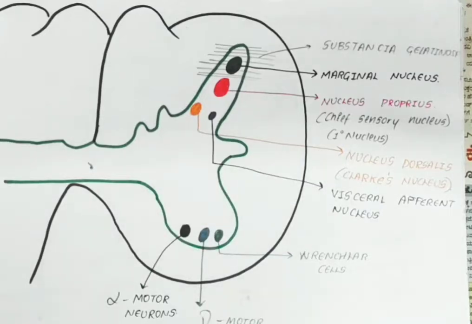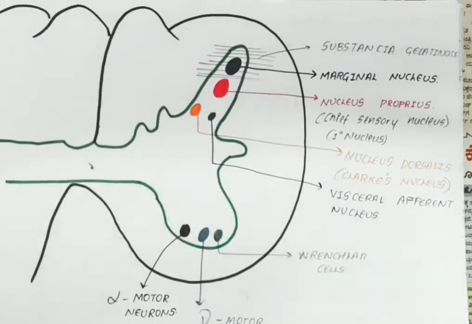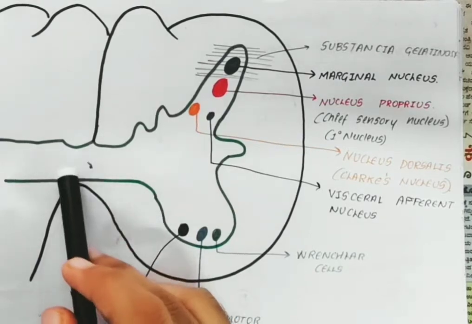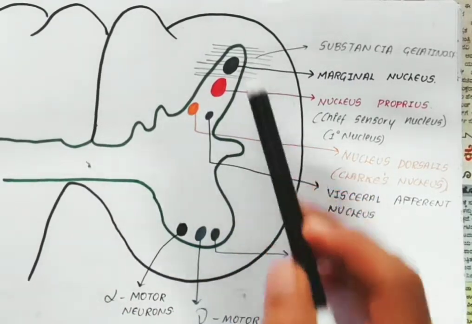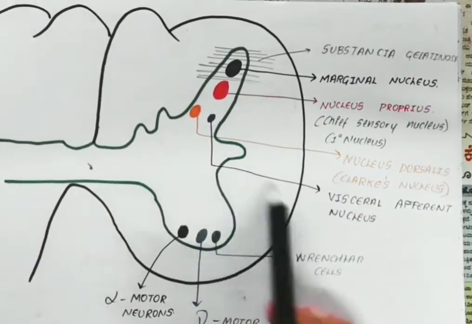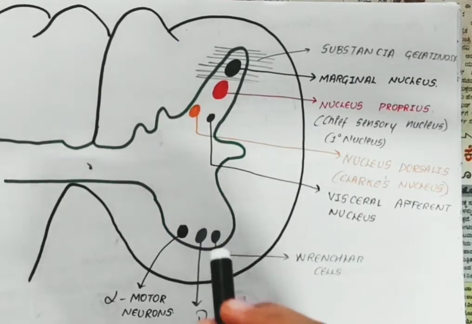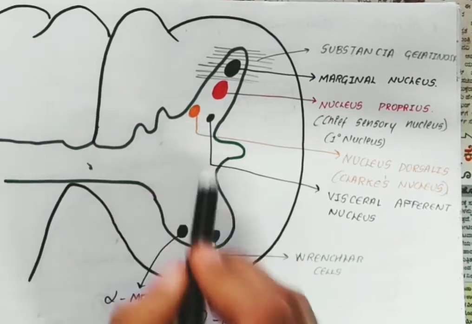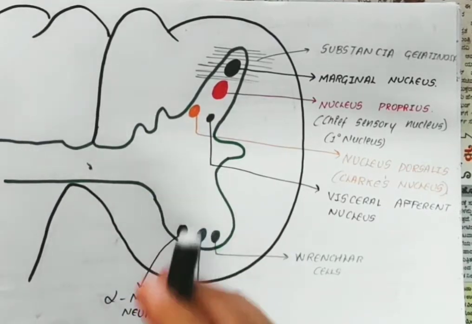So hey guys, I'll be explaining the three important diagrams and the parts which you need to know so that you will understand the pathways in a better way. If this is the transverse section of the spinal cord, you can see there is the central canal here. You can see the anterior horn cells, the lateral horn cells, as well as the posterior horn cells. There are some important nuclei present in these cells, and it's quite important for you to know.